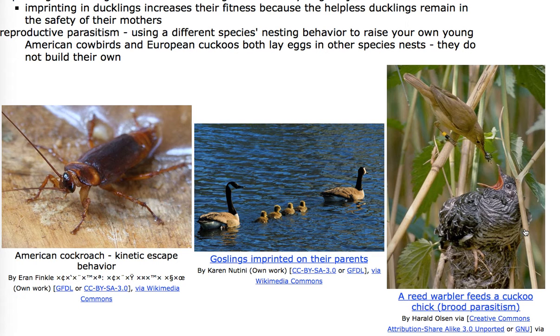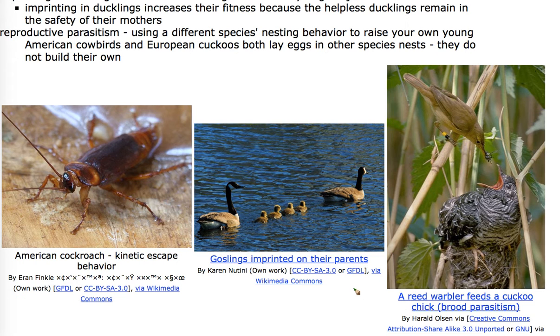See the nest here? The reed warbler laid an egg in that nest. So did a cowbird. Cowbirds don't raise their own babies, they let other birds do it. This cowbird kicked out the baby reed warbler that was in the nest, and now the parents are feeding this voracious little chick here. That is called reproductive parasitism, and it's